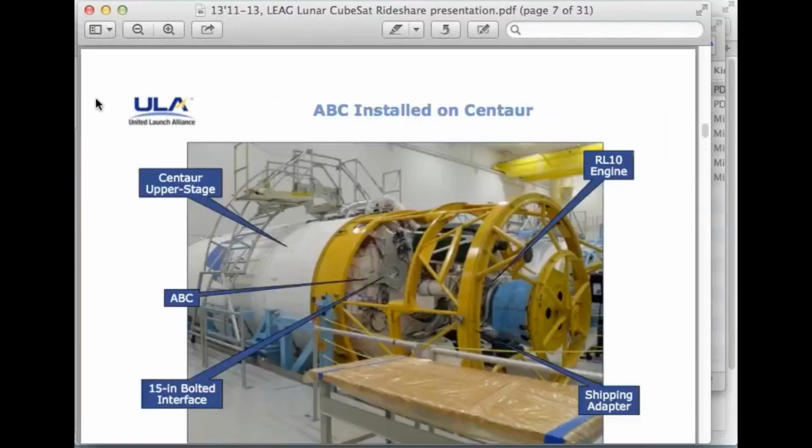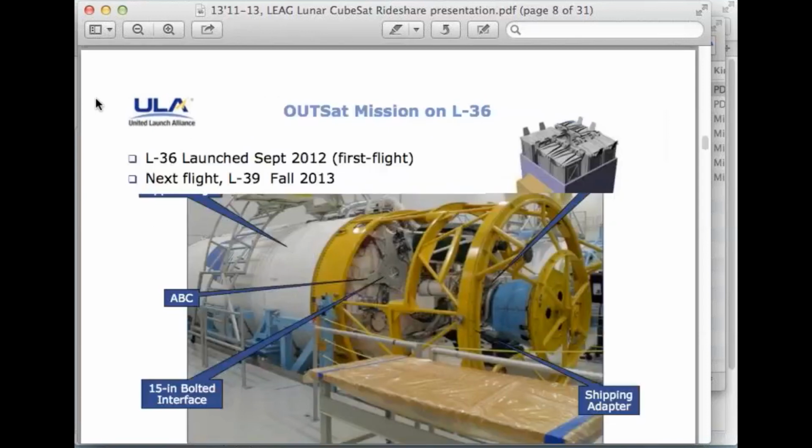That can be accommodated there. This is what the outsat looked like. The picture on your right, inside that volume, is a picture of what the actual plate looks like. It's kind of a spider plate. It's a little hard to see there, but where it's pointing to the 15-inch bolt hole pattern, that's the actual plate itself, and the bolt